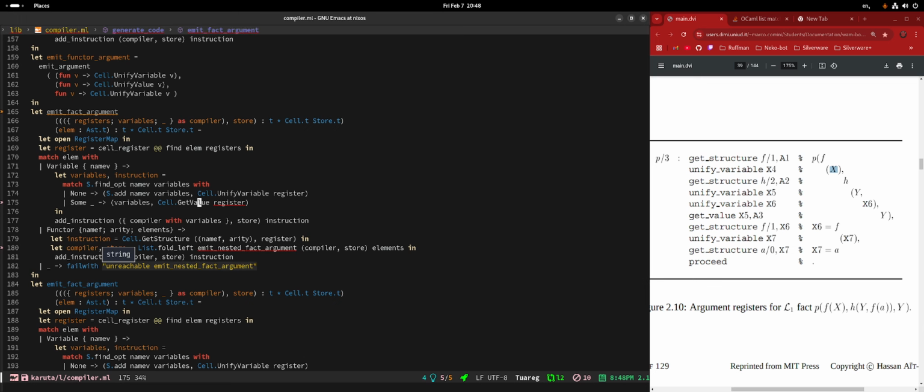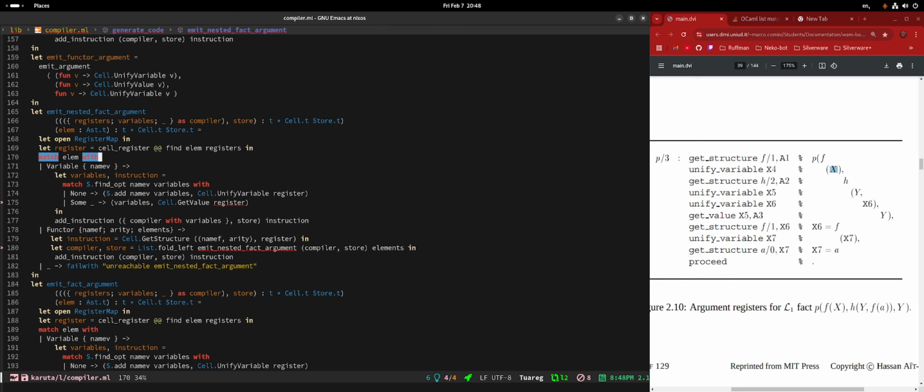So if it's a variable, what do we do? Well, we just emit unify variable. We don't do a lookup, right? We need to do a lookup to see, okay, this variable name is allocated to register x4 or whatever. But we are doing that in here already.